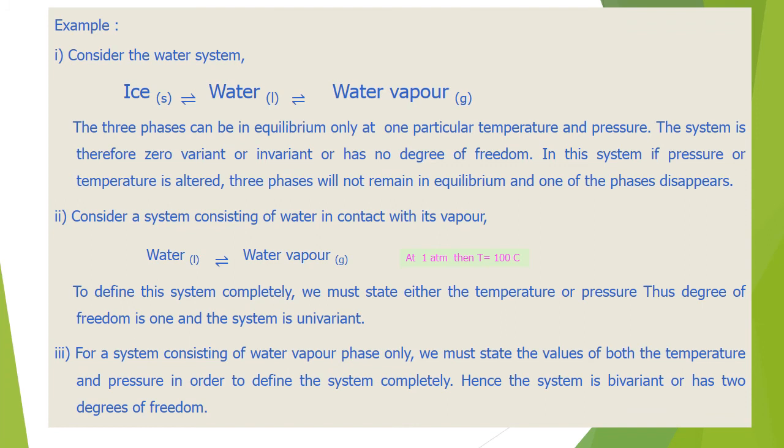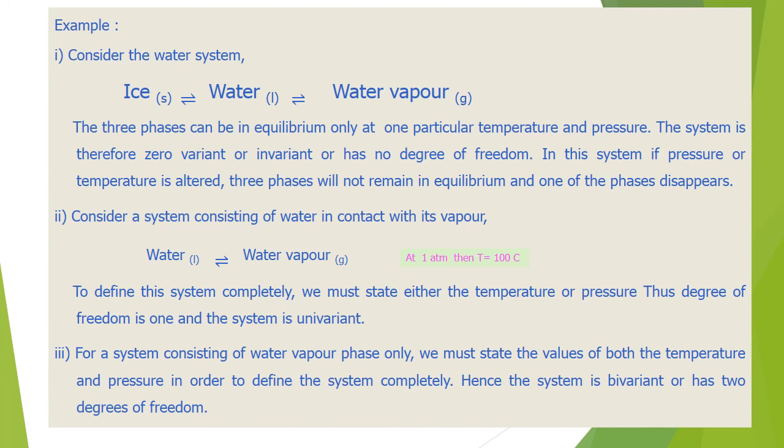Consider the example of ice, water, and water vapor, right? So here, how many degrees of freedom? We need to calculate. How many phases do I have? I have 3 phases. How many components here? 1 component. So substitute F = C - P + 2, then you will find the degrees of freedom to be 0. If we calculate that, it turns out to be 0. Hence, it is an invariant system. The system is said to be an invariant system.